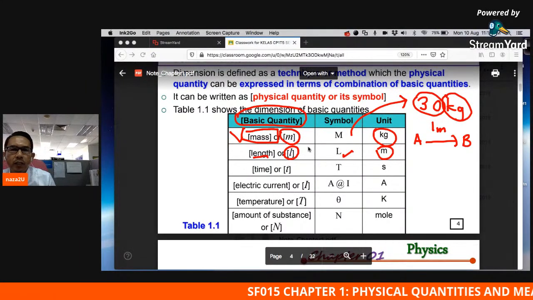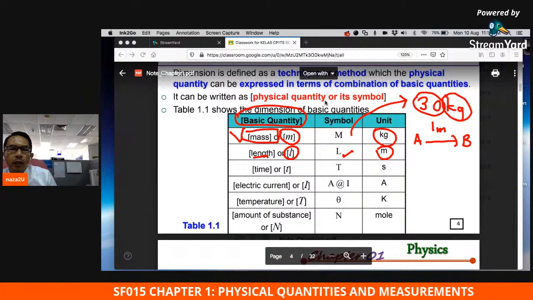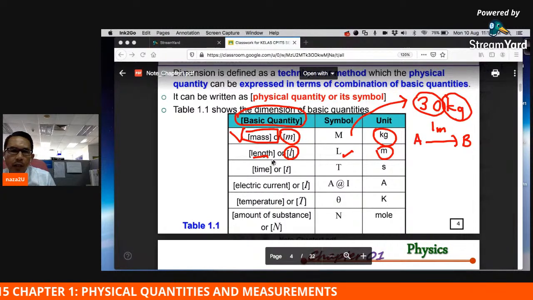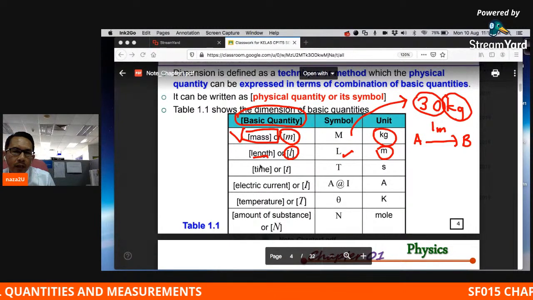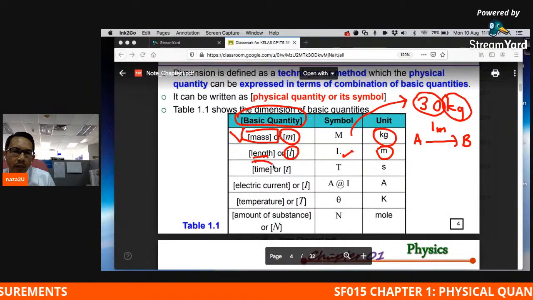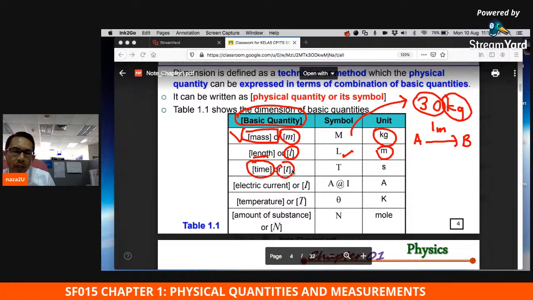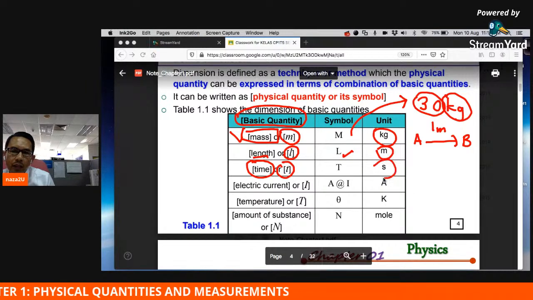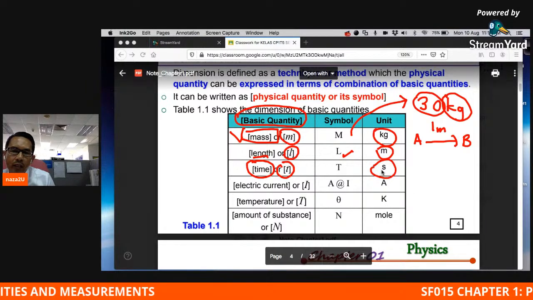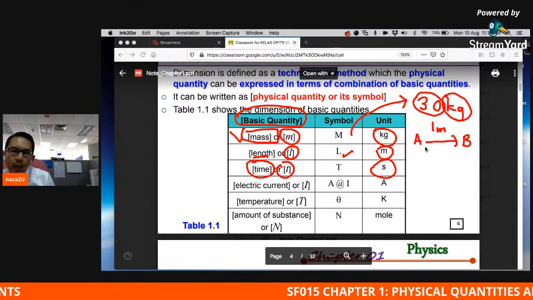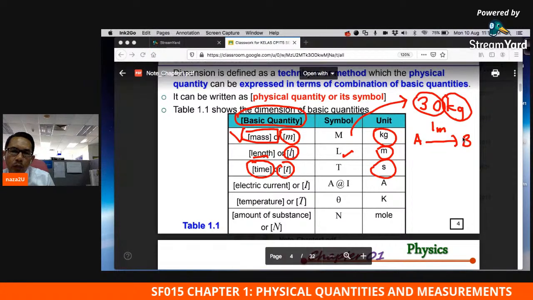Okay, so continue. So next, the third basic quantity is time. So how to measure the time? The symbol for time is T, and the unit is s, small s. This is second. Let's say the time taken from A to B,